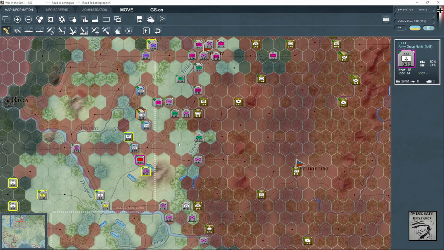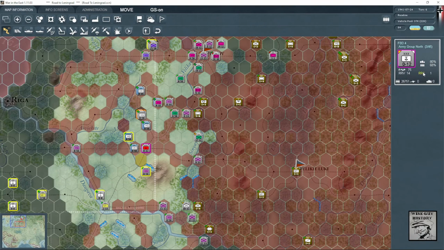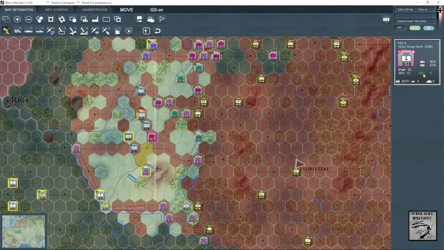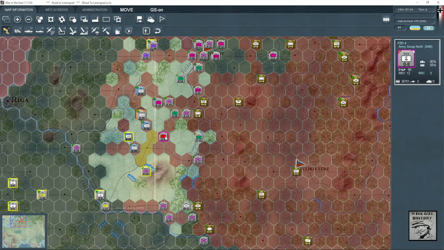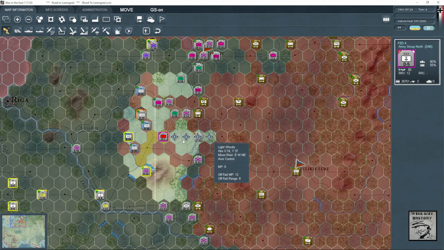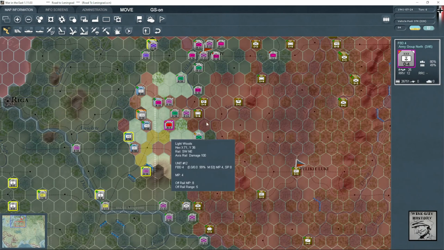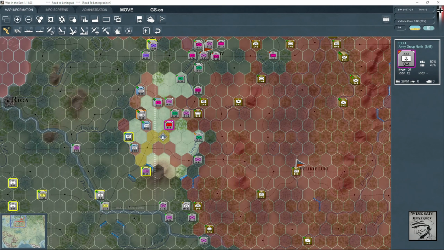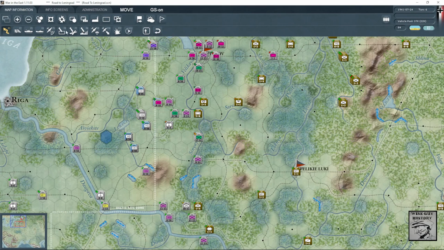This is my rail conversion unit. This is my main rail conversion group. I move them. So what I've done is I left click to select them, right click to move to a space, and then click that rail conversion button. They're done. So what this does is it converts all that rail, and if I click, a lot of this